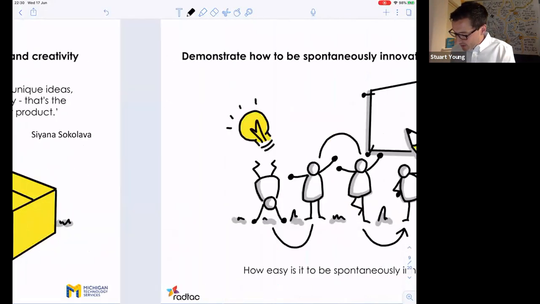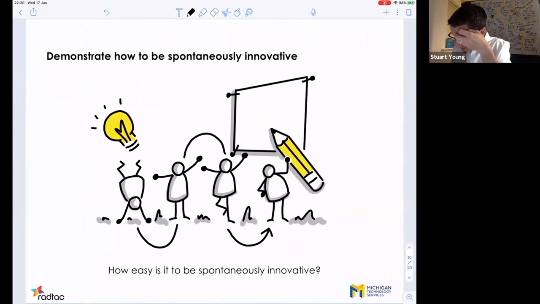Okay, so a bit more fun now, right? We've talked about innovation, but how can we be spontaneously innovative? Okay, how can we be spontaneously innovative? For example, I've got you guys to draw a car. Now, that's fine, but how can we be more spontaneous with this? There's a great